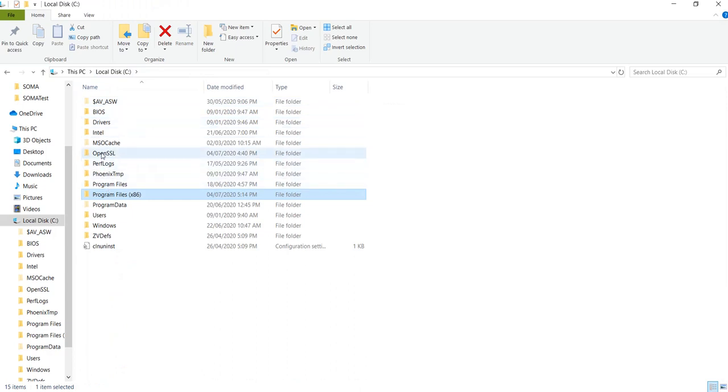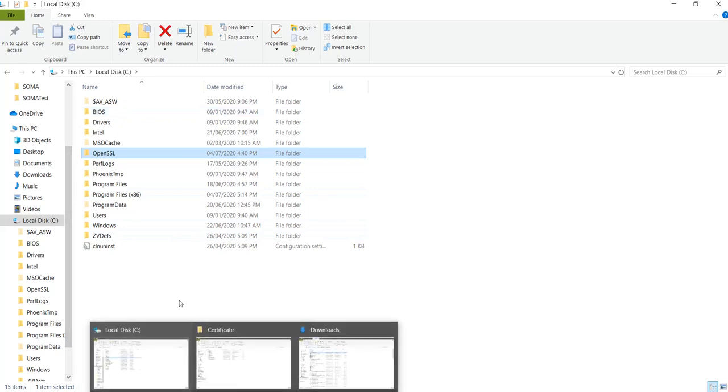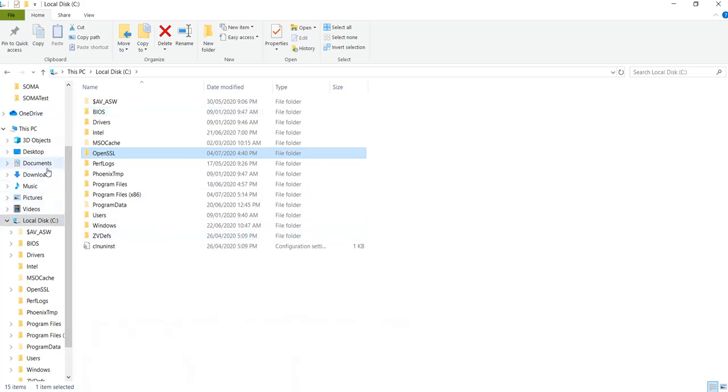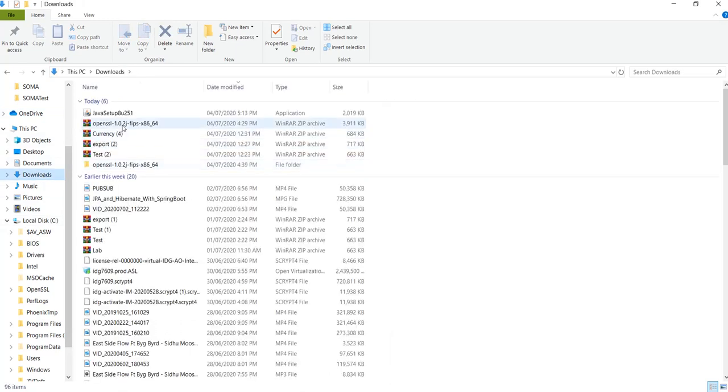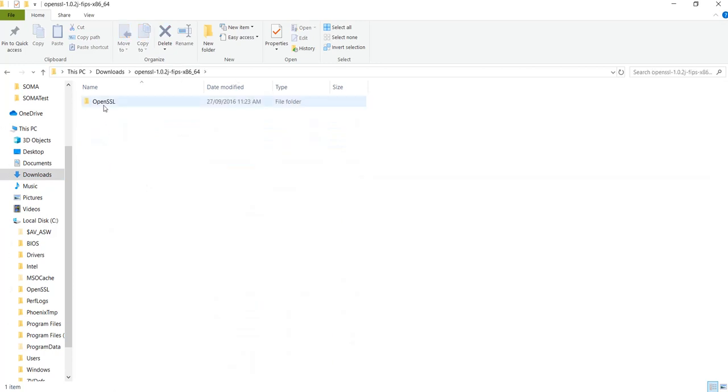This is OpenSSL. You just need to extract it. I'll show you a simple example of how I downloaded it. I just downloaded it, extracted it here, and copied the OpenSSL folder into my C drive. You can keep it in the C drive, D drive, wherever you want, but the simple thing is to extract the file and then copy the OpenSSL folder into any drive.